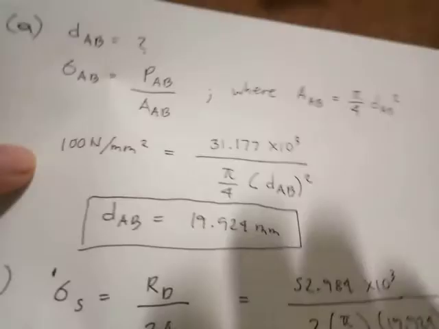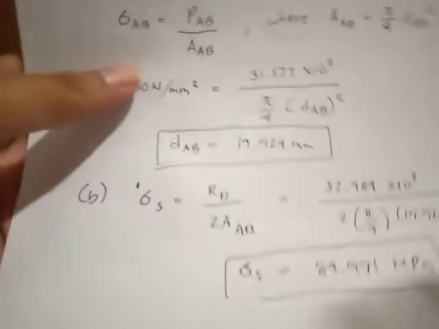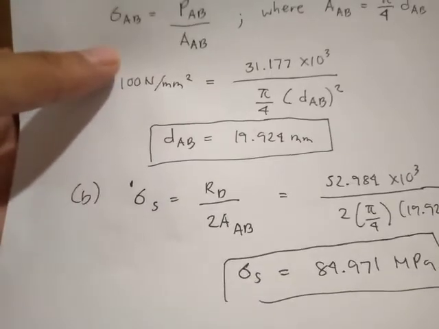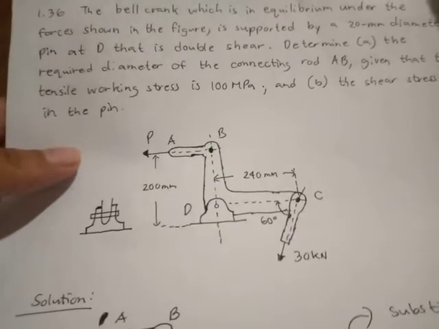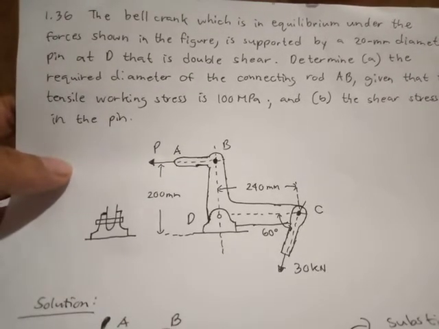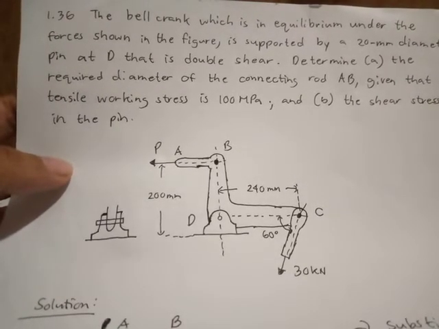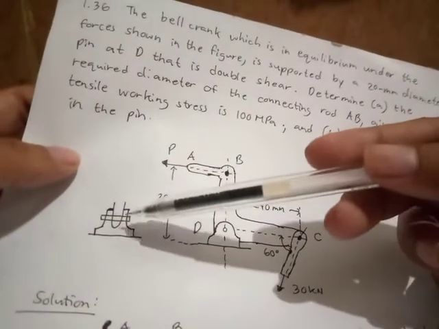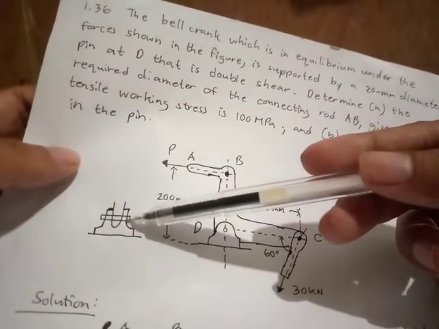So, again, the last one is hinahanap natin ang shear stress sa pin. So, nasan dito yung pin? Yung pin natin is nakay D. Review natin. Double shear siya. So, ibig sabihin, pag sinabi nating double shear, hindi yung doble yung force niya, doble yung kakaltasin